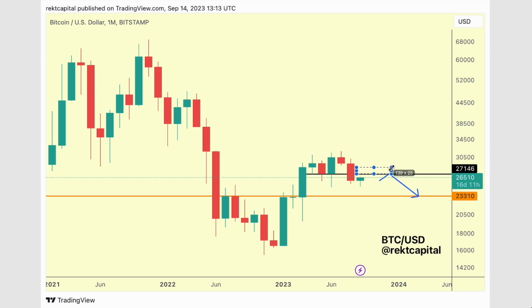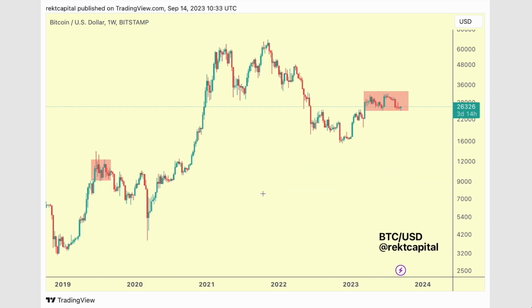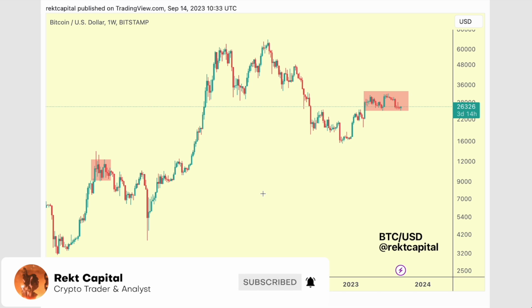And it doesn't even need to happen. It's not a guarantee that we're going to get a relief rally as high as that. Maybe we reject at 27,200, maybe we upside wick a little bit in the same vein as we saw in the past. But generally speaking, we have to zoom out on the macro sense, because the macro sense is giving us a lot of signals that we might be seeing more bearish fractals form here.